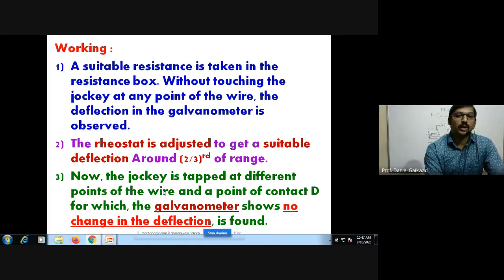In case of the meter bridge, to find unknown resistance, we have to find null deflection. But in this case, we have to find the equal deflection, meaning either we connect the metal wire or disconnect it, the galvanometer shows 20-degree deflection. And for that, we have to measure the length.